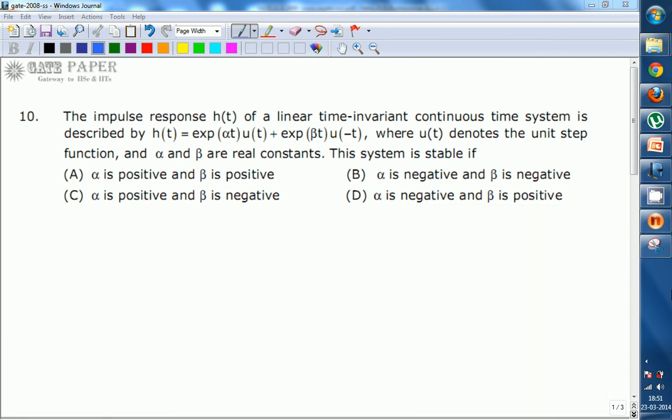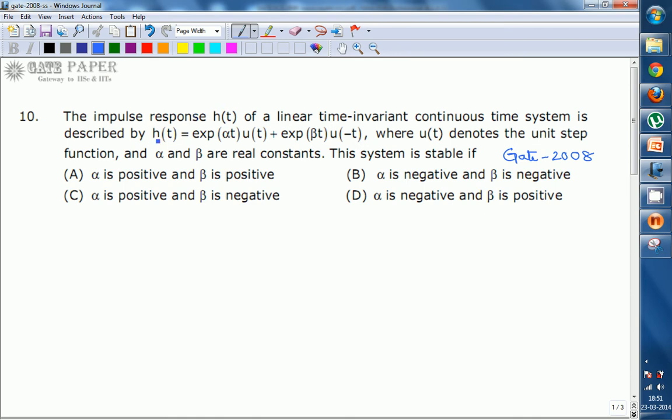We are going to see the questions from Signals and Systems given in GATE 2008. So here, given that the impulse response h of t of a linear time invariant continuous time system is